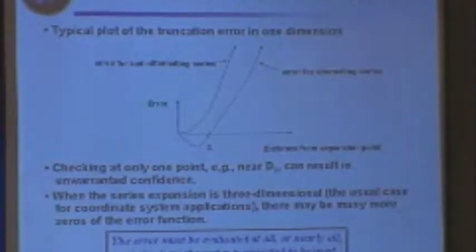And what this chart says, if you're using a Taylor series expansion, which was common at the time, still is, and you happen to pick your test point right at D1, you might conclude you have a heck of an accurate system because you picked a point where the error happens to be 0. But you really need to spread your errors over the whole region to detect that, oh, they're really bad over here. If you use a dense test set on that x-axis, you'd find that out right away. Checking at a few points can give you bad results. Gets much worse in 3 dimensions.